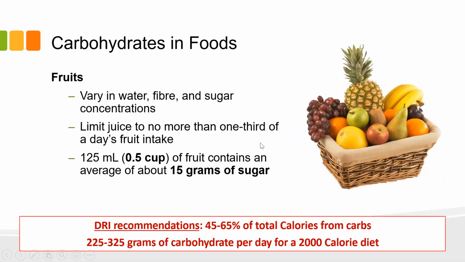Fruits, I guess I've already talked about fruits a little bit. And one of the big things to say about fruit is it's much better to eat the fruit than to drink the juice. Most fruit juice has added sugars and is missing some of the fibers and other benefits, the phytochemicals that you're going to get in the skins and whatnot. And those are the things we're trying to get. Always take a look at juice. There's a lot out there advertising as no added sugars, but take a look at how much sugar is actually in it, because no added sugars doesn't mean it doesn't have a lot of sugar in it. It just means they didn't add any.